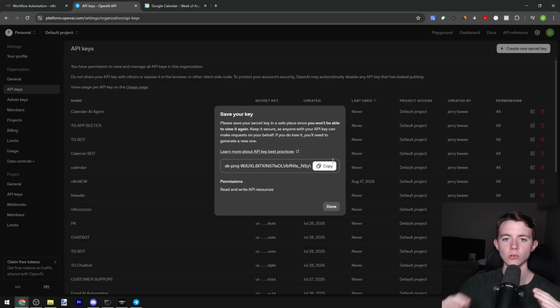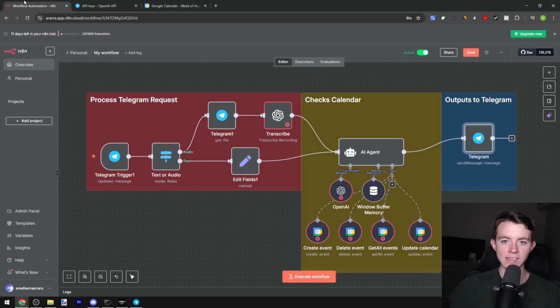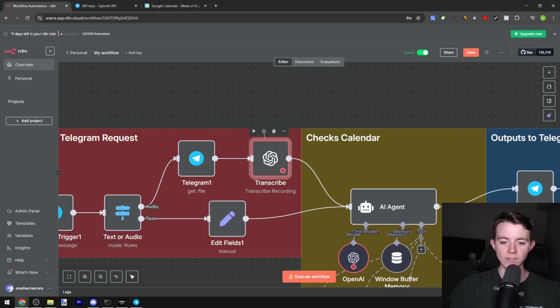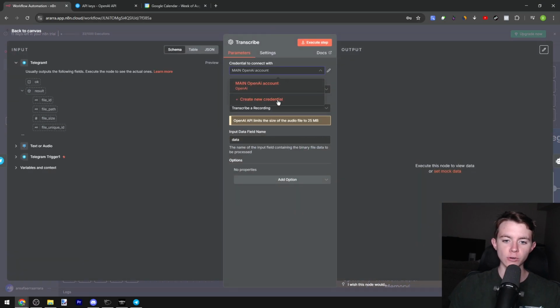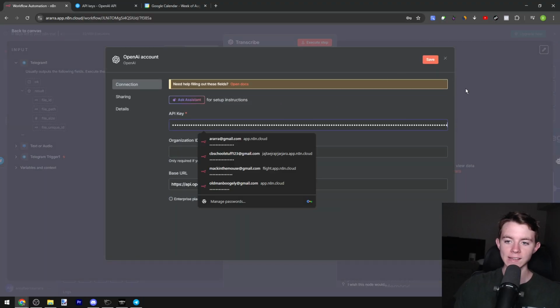And once again, guys, do not share this key with anyone, because if they get a hold of this key, they'll be able to spend all your credits, which would not be good at all. So just copy that key, then head back to n8n and double click on this right here. Then click up here and press create new credentials, and then paste in your API key and then press save